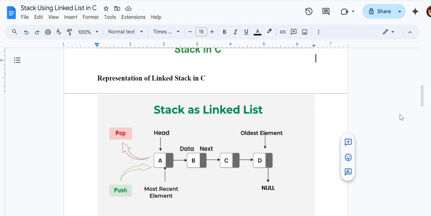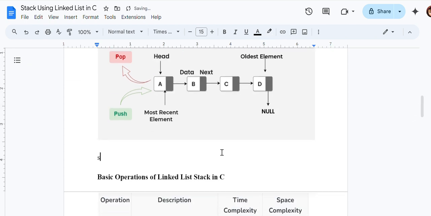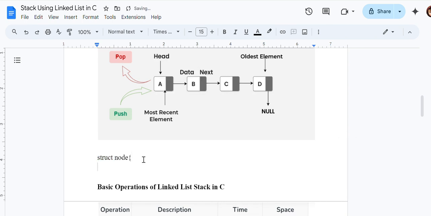The structure of the node can be defined like this: struct node, in small case. This is a user defined name, you can give any name, but struct is a keyword, so we have to use it like that. This is the structure of the node.